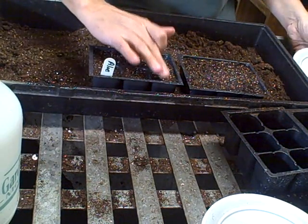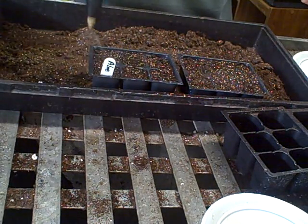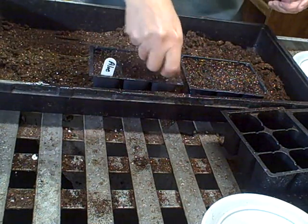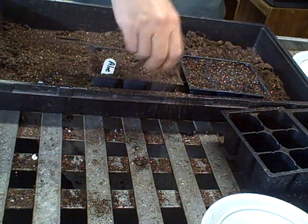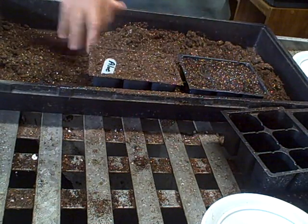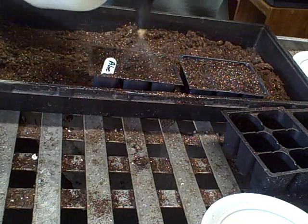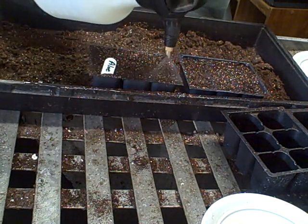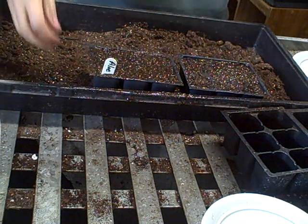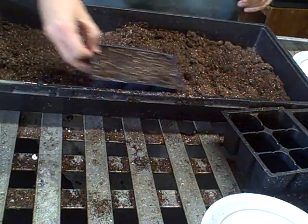Okay, I got them setting down in there. I'm going to water on them again a little bit, just to kind of set them in, and then I'll just, again, layer them. Not a lot though. Rosemary says just a light layer, and that's all I'm going to do. And we'll see how they germ. They have been tricky in the past, but I have been able to grow a few of them. So there's the rosemary. The next thing will be,